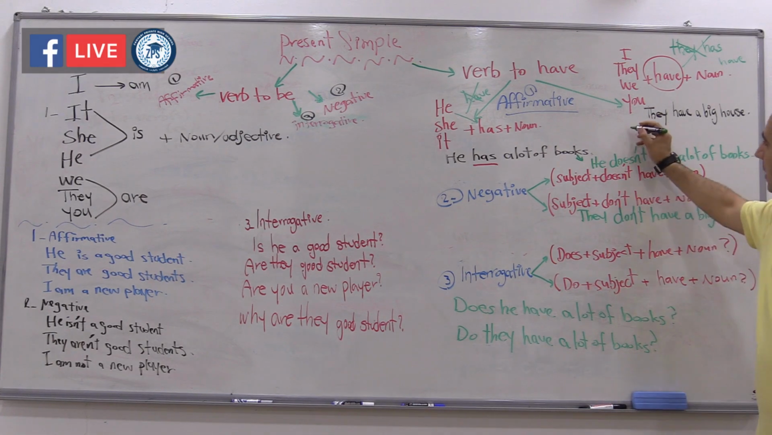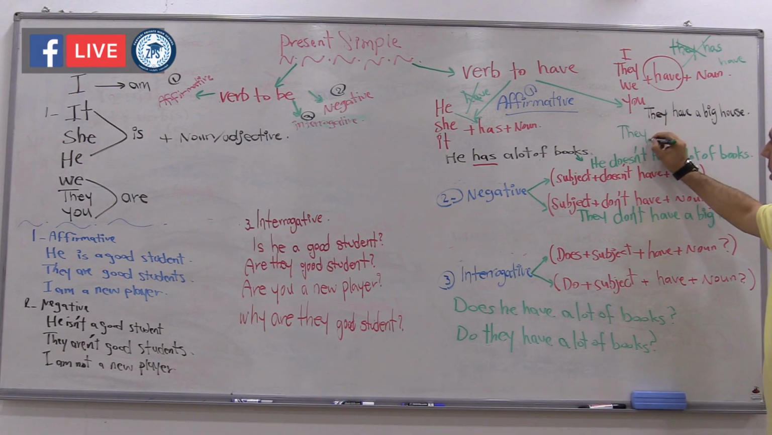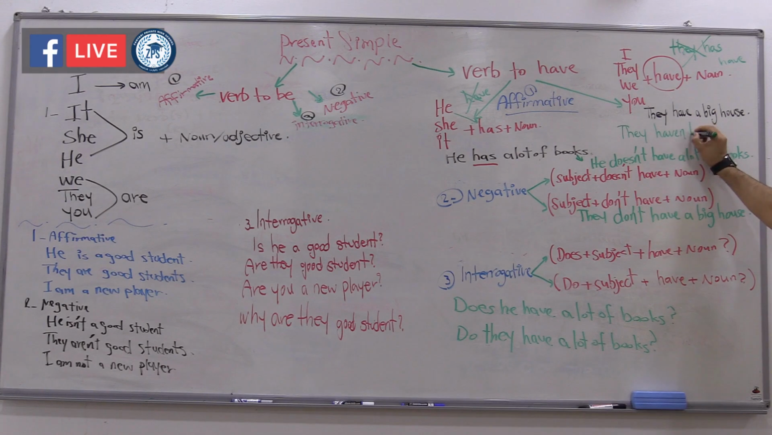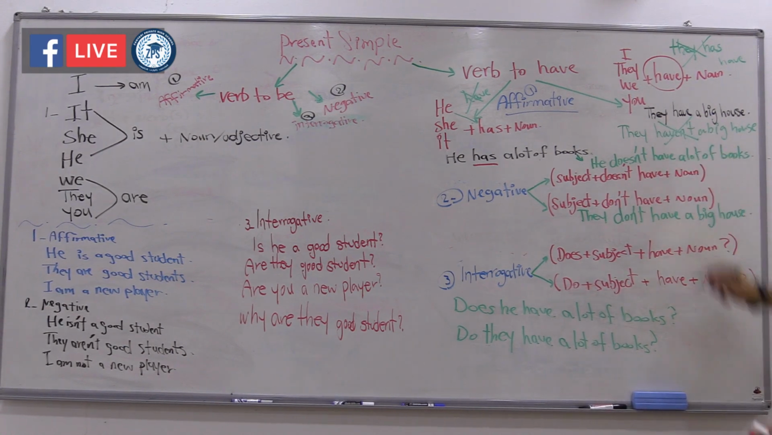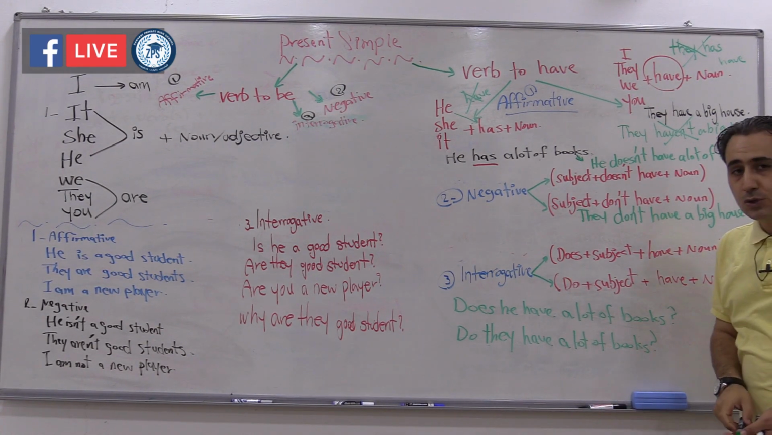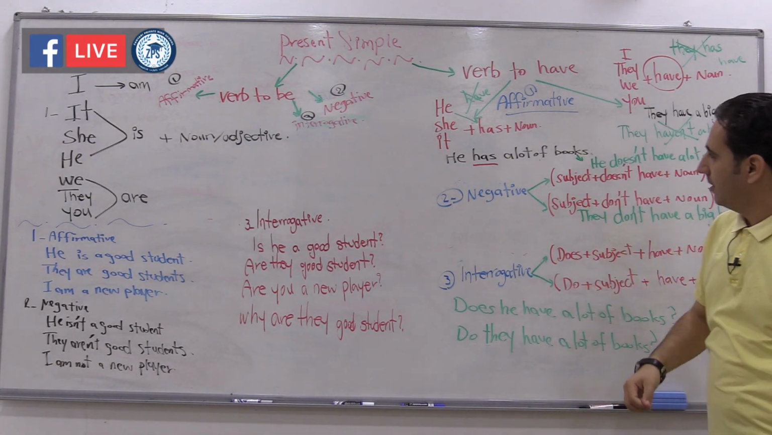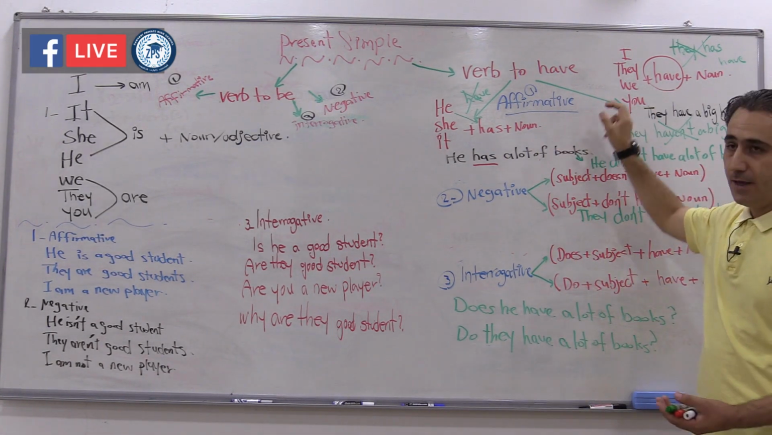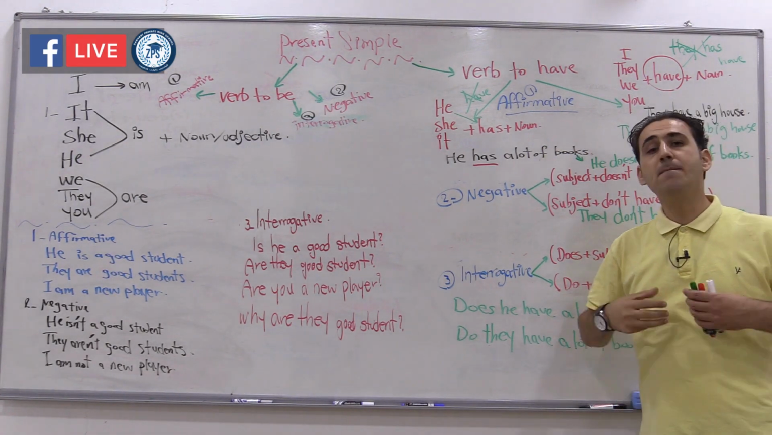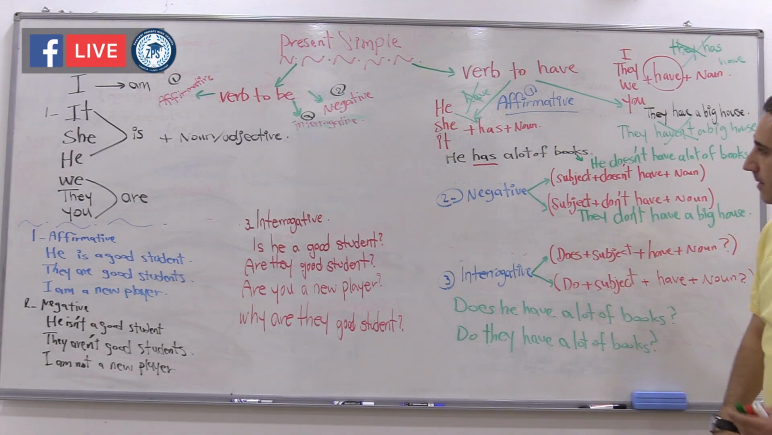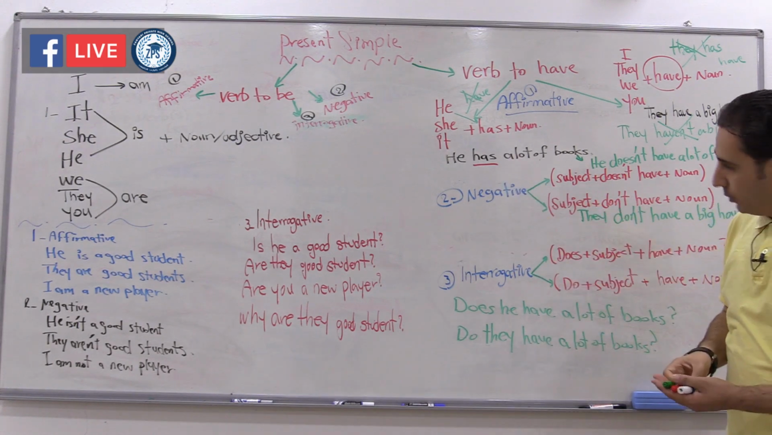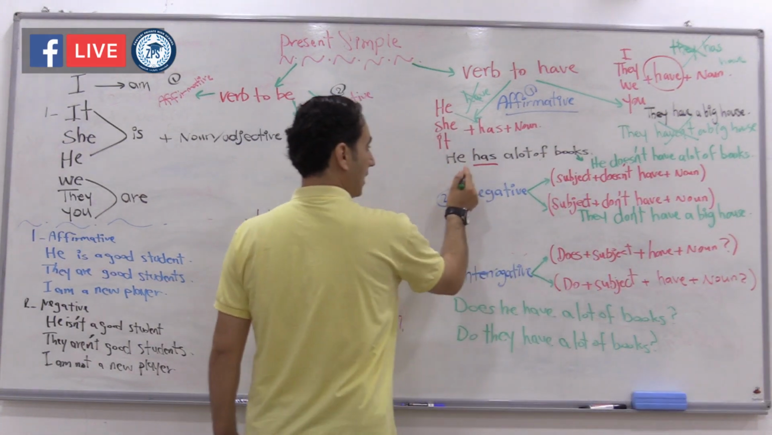Most of the students said they haven't a big house. No, it's not true. We should use helping verbs like do and does, because has and have here are acting like a main verb. Okay? So, as I told you, most of the students said he